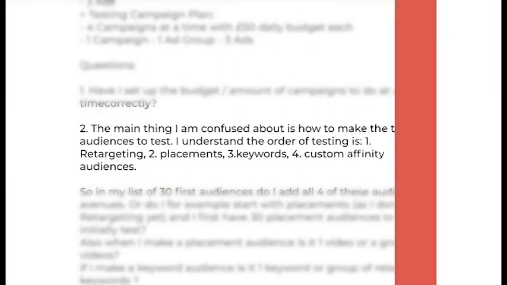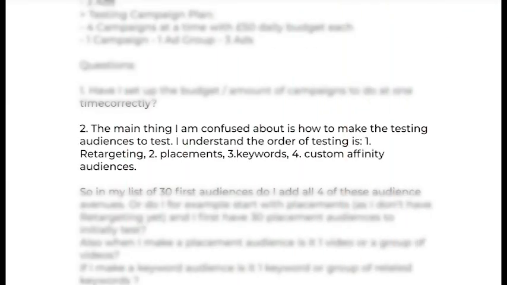All right, we got a second question from the same person here. The main thing I'm confused on is how to make the testing audiences to test. So I think he's referring to the order. He says, I understand the order of testing is 1, retargeting, 2, placements, 3, keywords, and 4, custom affinity audiences. So my 2 cents on this is that